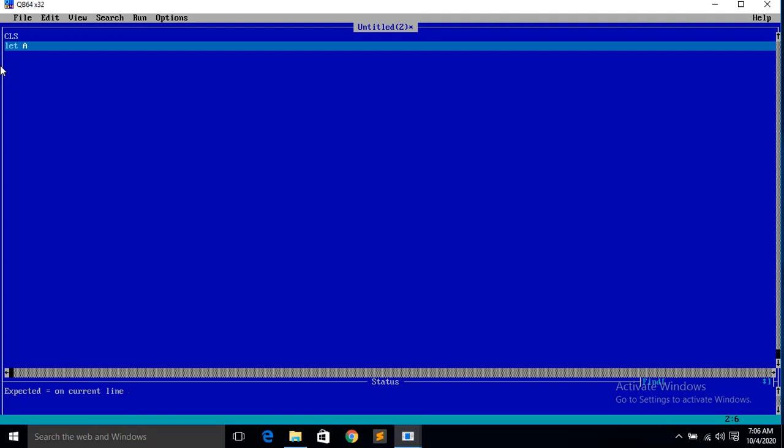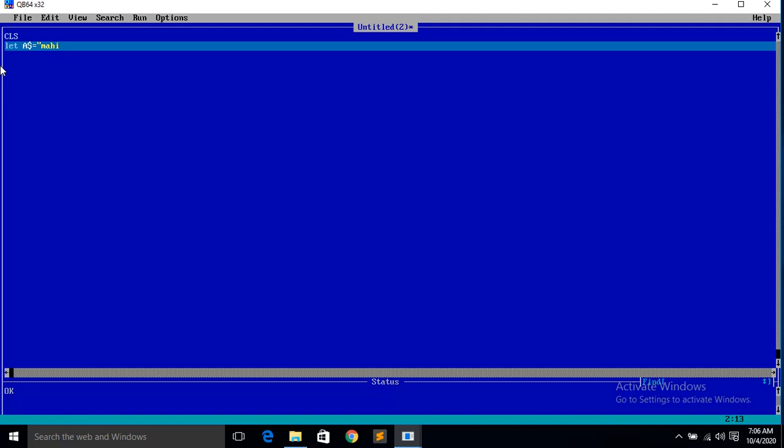Now let a$ is equal to, here in your book it is written Mahima. So let me write Mahima. Whenever you write your name, you write it inside the inverted commas, and how you write it, it will print as it is.